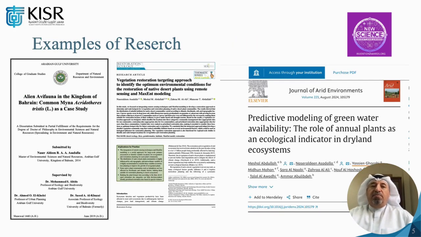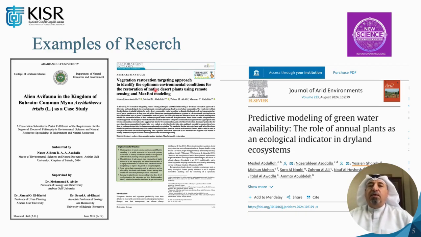This is an example of my research, as you can see here, the dissertation. I've done some work on alien species, targeting the common myna in the Kingdom of Bahrain. And I've also done some work in maximum entropy distribution modeling, maxent modeling, predicting a distribution map